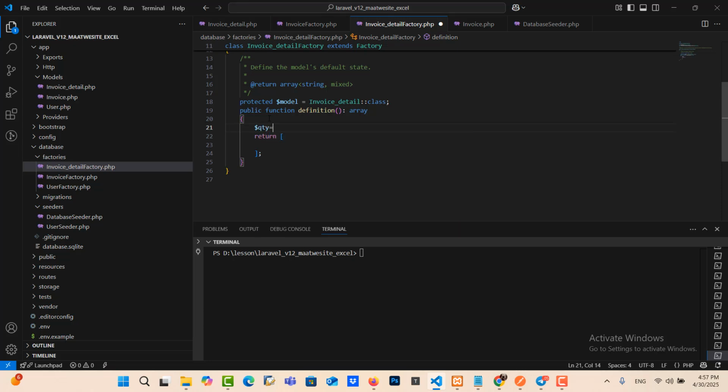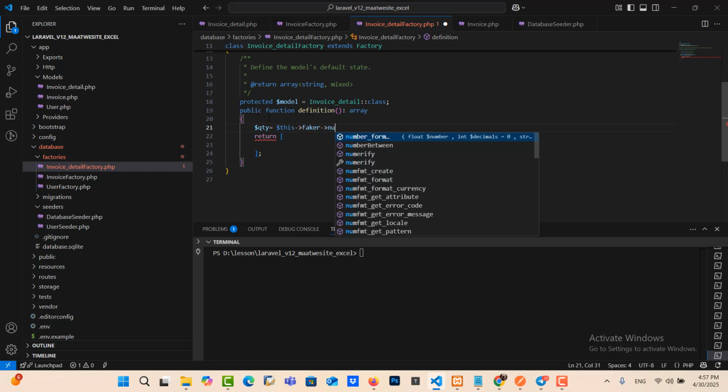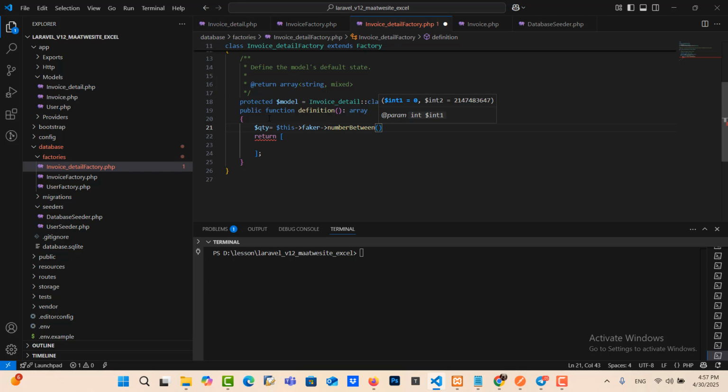We need to declare one variable, qty, figure, unit 3, number between 1 to 10, and we need one more, price.